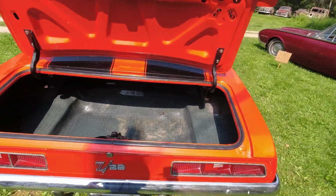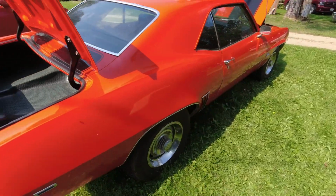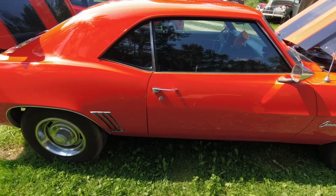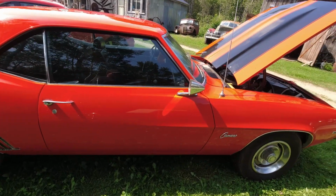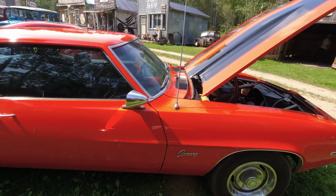It's been sitting for a number of years though. The tires are rotten on it. The brake system needs to be gone through. Not a perfect car, but a good solid place to start. Either clean it up and enjoy it, or if you wanted to try and build up a 302 engine for it